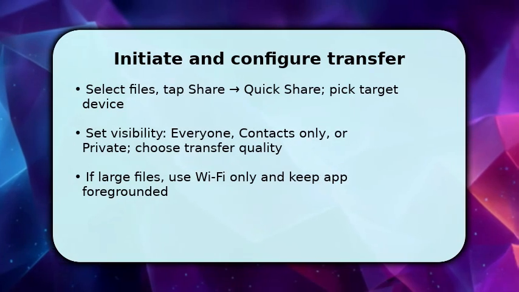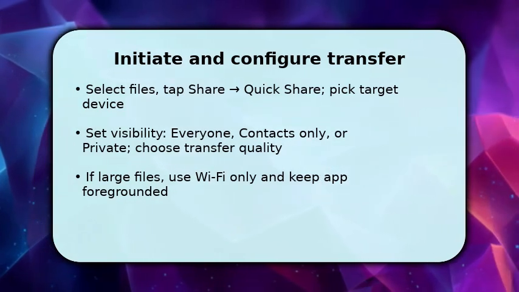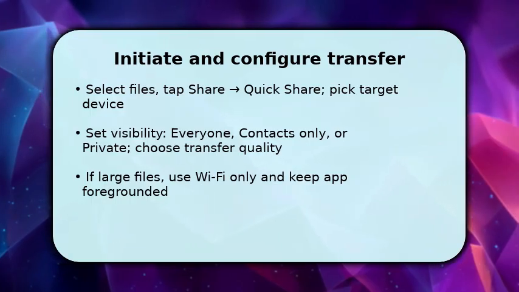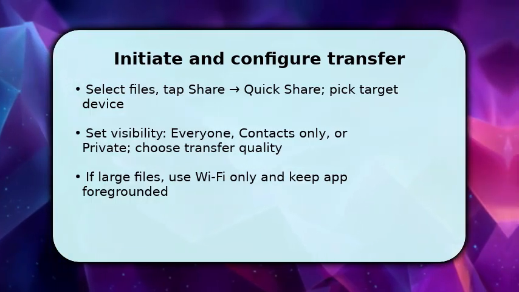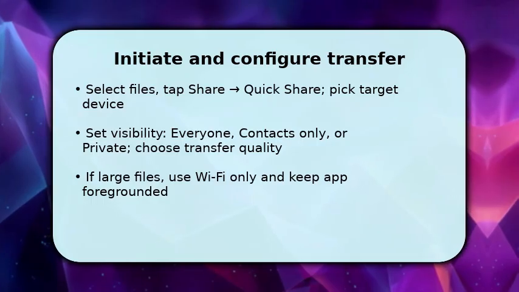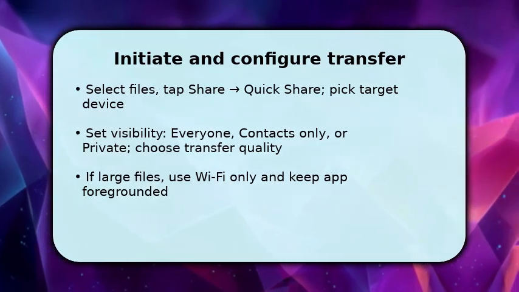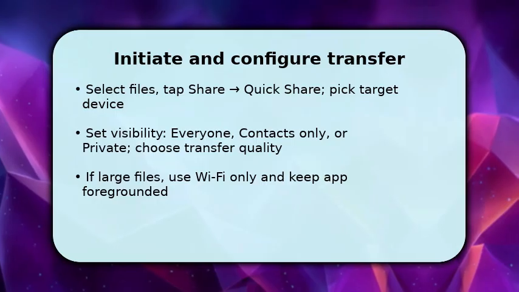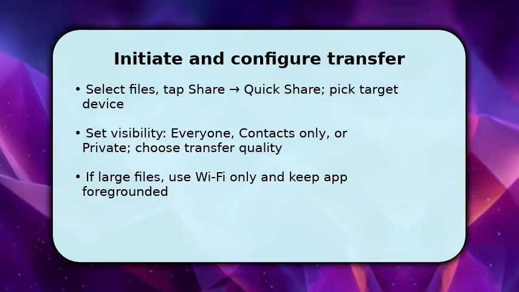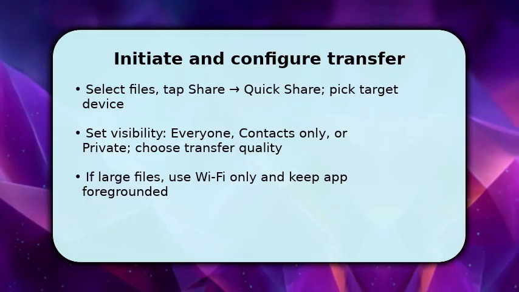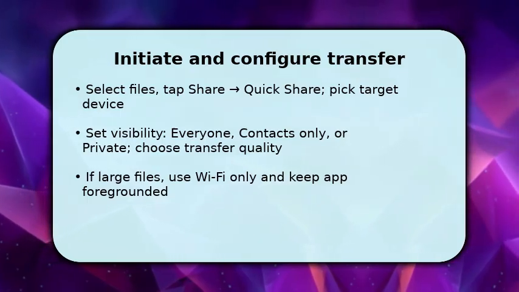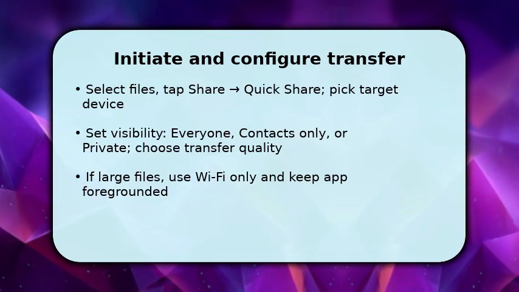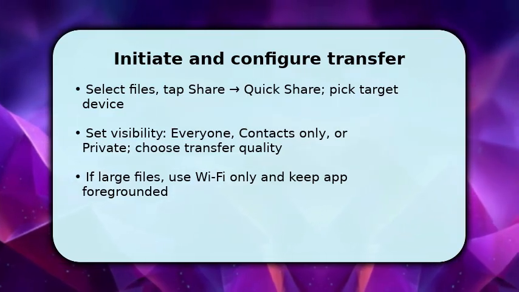Once done with permissions, select the files you want to send and tap Share, then choose QuickShare and select the target device from the list. Make sure to set visibility appropriately, everyone or contacts only, so the recipient appears. Choose transfer quality and prefer Wi-Fi only for large videos or many files. This avoids cellular charges. Keep the QuickShare screen open on both devices while the handshake and transfer negotiate, because backgrounding